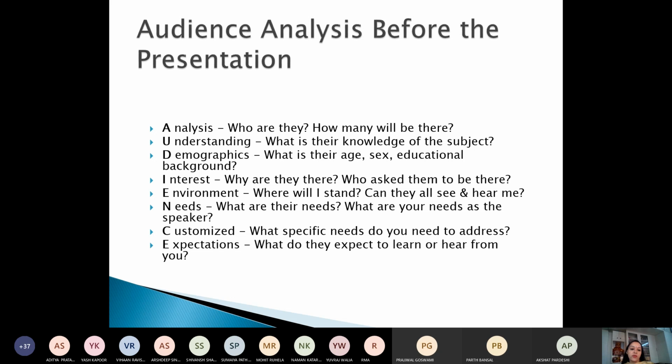See, we talk about two types of audience analysis. Prajwal, do you have any query or any observation to add? Okay, there are two types of analysis that we do. One is before the presentation and second is during the presentation. During the presentation, it is all about getting or retaining the interest of the audience, or deciding when to fast forward your presentation, when to skip certain parts, or when to add lighter moments from the people present in the audience, or from the topic that you're discussing, so that you can get the interest of the audience back in your presentation.